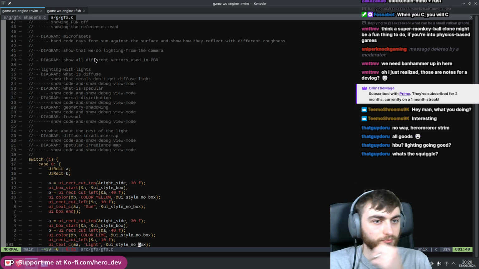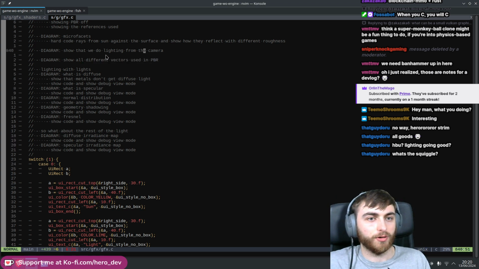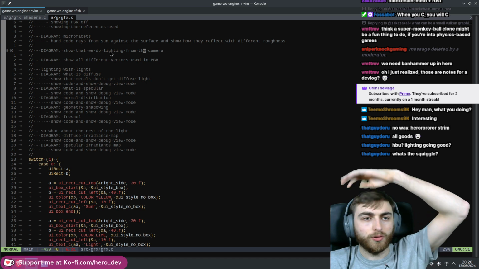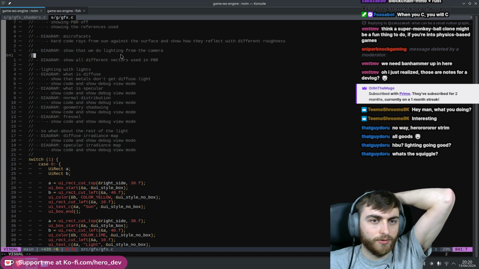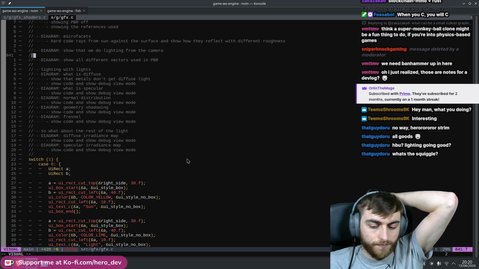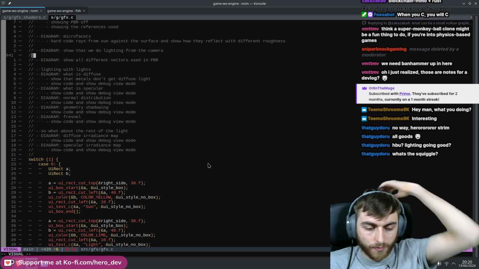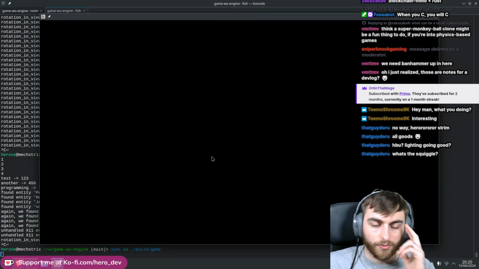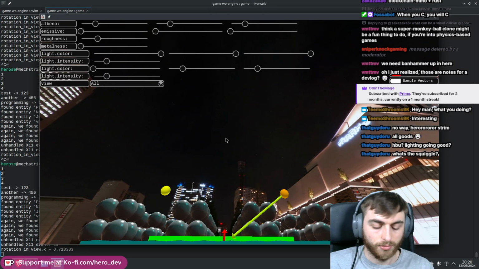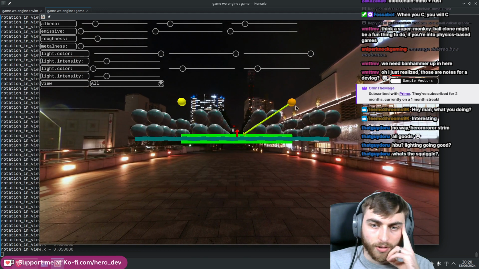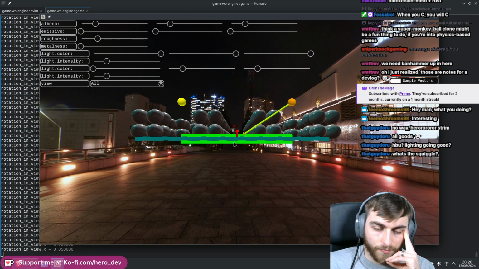No. That would just be a copy and paste of this diagram, but changed. So we say we do lighting from the camera. So we shoot our ray from the camera instead and gather all that. No, sorry, and we'll say that the microfacet, let's get to it. There we go. So we say we shoot a ray from the camera, and